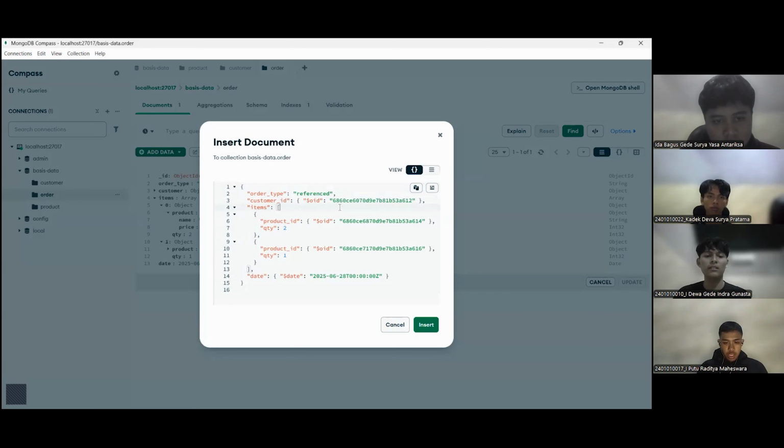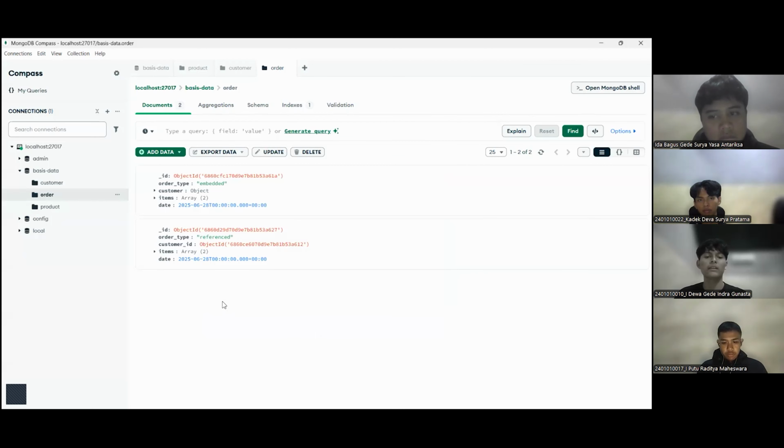You can take the customer ID from the ID in the customer, just like that, and the product too, like this. In the embedded document, you need to add all of the data in the customer and product, but in the reference document, you just need to add the ID. Just add the ID like this. Can insert. Okay, just like that.